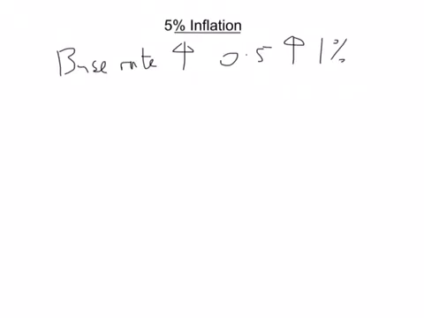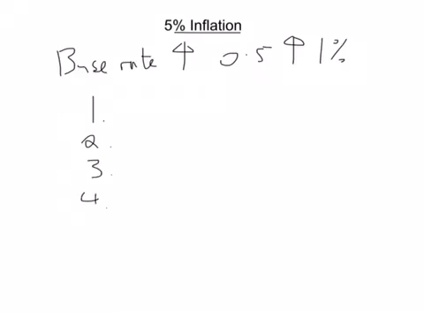They would put the base rate, I know it's a bit scary, they'll put the base rate up. I hope you got that right. So they'll put the base rate up because they want to try and reduce demand in the economy, which will hopefully reduce inflation. Okay, so the base rate was 0.5%. Maybe they'll put it up to 1%. So what effects will this actually have? There are 4 major effects that you need to know about. And they're all pretty easy. I think you know most of them.